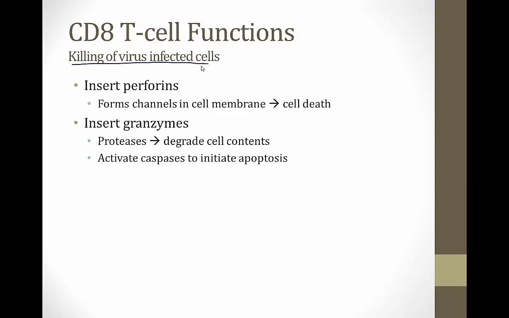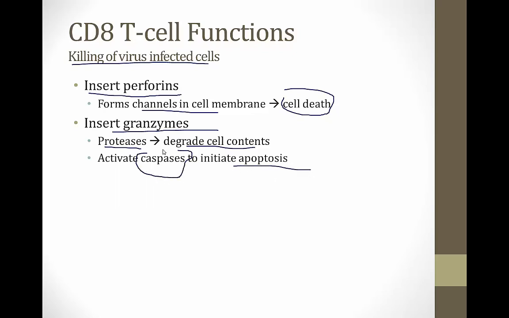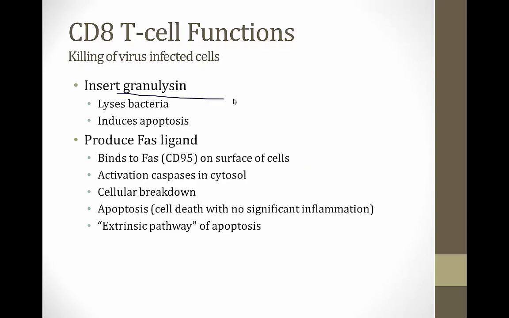And let's talk about how the CD8 T cells do that. One of the ways they do that is by inserting molecules called perforins. Perforins can form channels in the cell membrane, and this can lead to cell death. Another thing they can do is insert granzymes. These are protease enzymes that degrade cell contents. These can activate apoptosis inside the cell by activating enzymes called caspases that lead to programmed cell death for the infected cell. They can also insert a substance called granulysin, which has been shown to lyse bacteria,